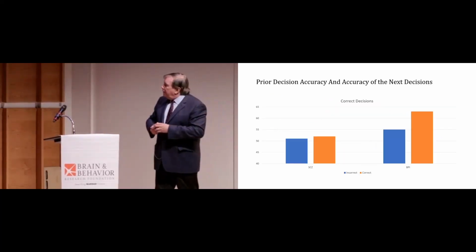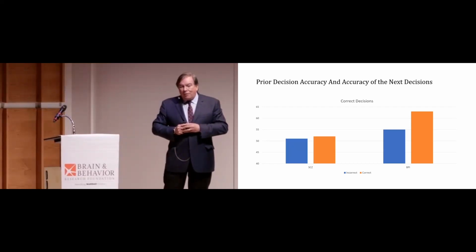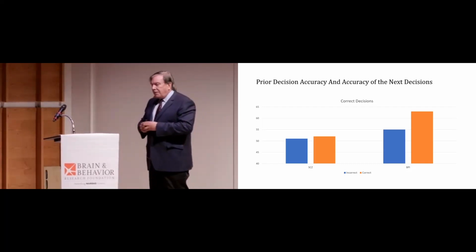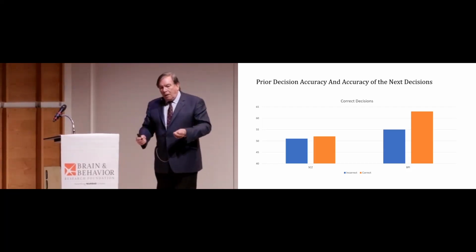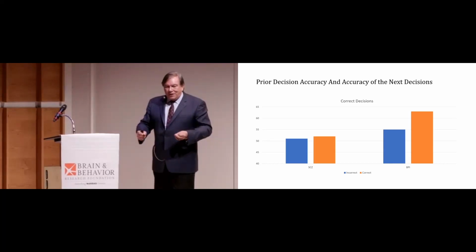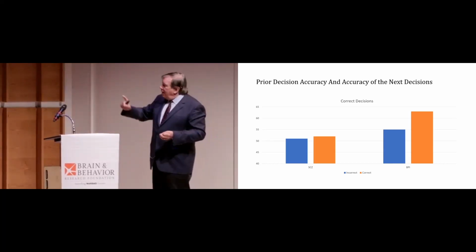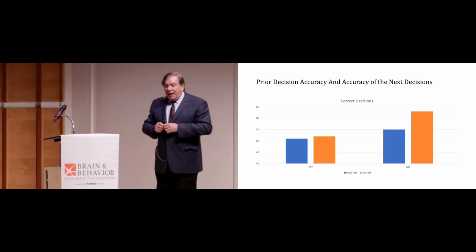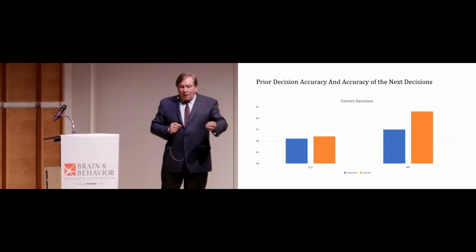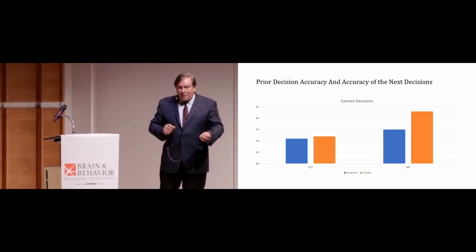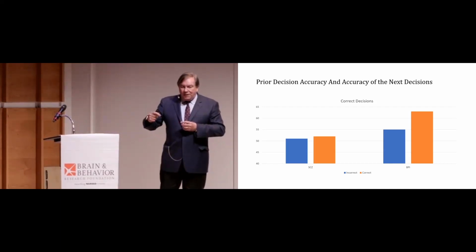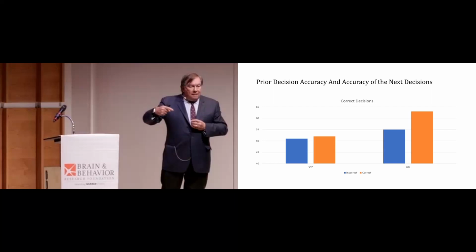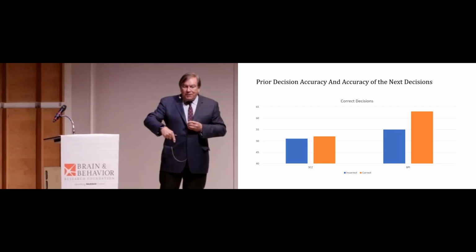And so if we look at prior decision accuracy and the likelihood of having a subsequent correct decision, what we see is that with the schizophrenia patients, if they were right or wrong about their previous decision, they're just as likely to be right or wrong about the next one. Whereas with bipolar patients, there's a cascade. If you sorted color, and you thought you were right and you were told you were right, you were likely to make a correct decision about your next sort, which was also going to be on color. So we see that what's happening here is there's this cascade of influence of external information on people's decision-making,